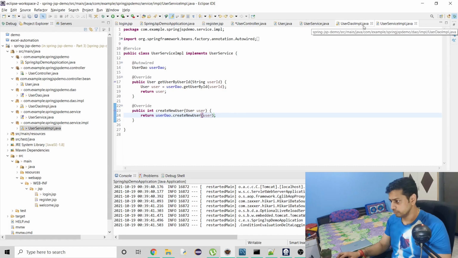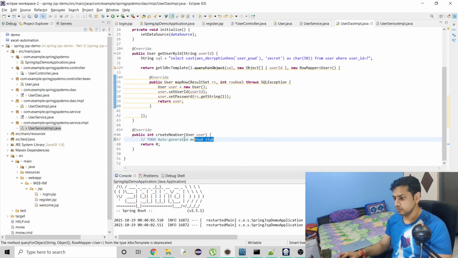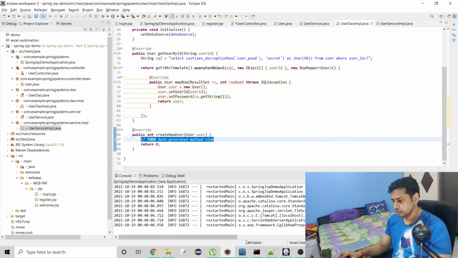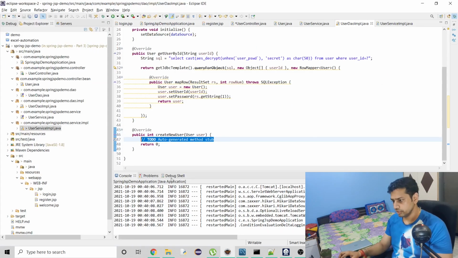Now let's come back to the DAO implementation. Here we have to do the important stuff. First we just have to copy this query and paste it there, because we are going to do the same thing with a few modifications. So let's make the query first.